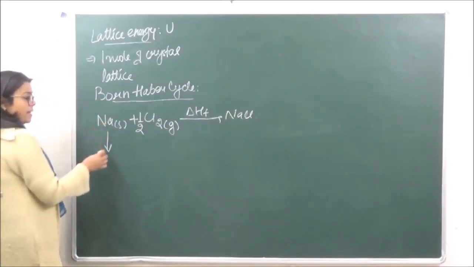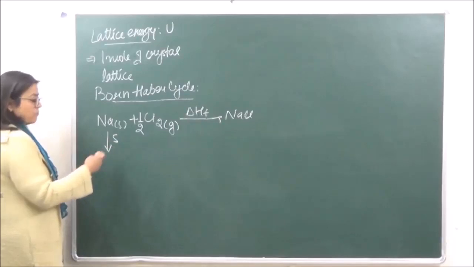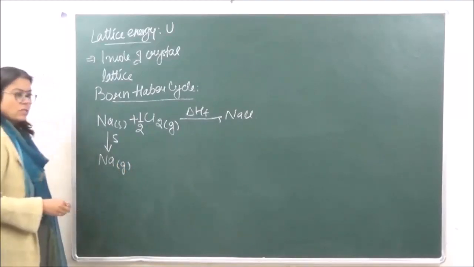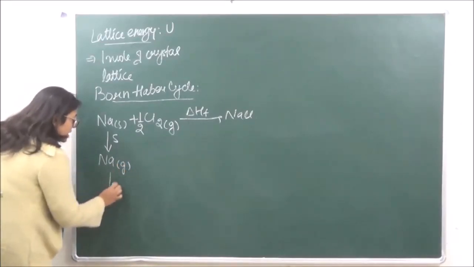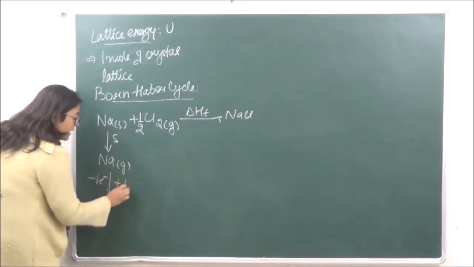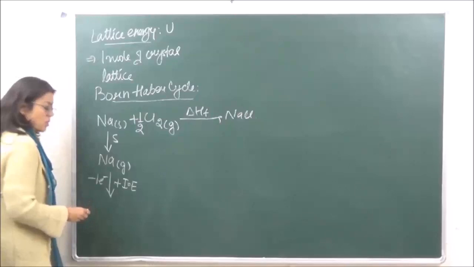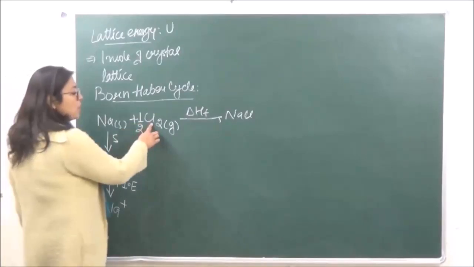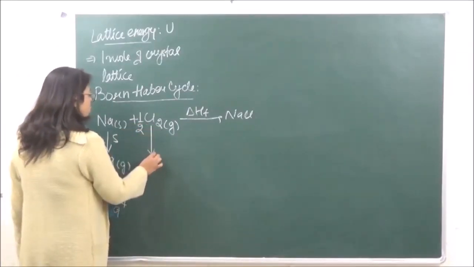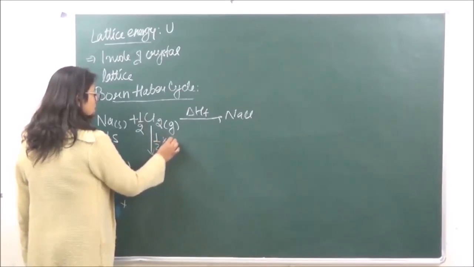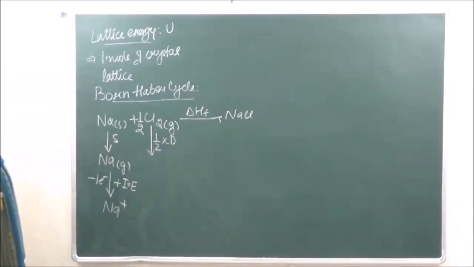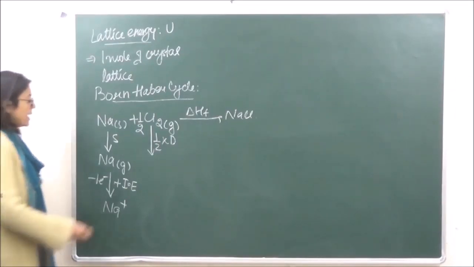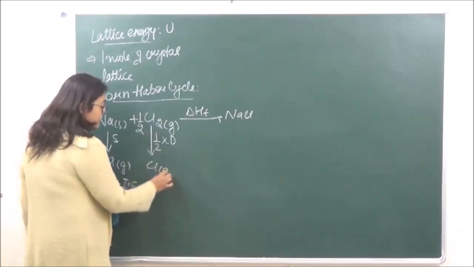In the first step, Na will take in heat in the form of sublimation energy, and it will get converted into Na gaseous. Okay? Then this Na gaseous is going to lose 1 electron, and for that we need ionization energy to convert it into Na positive. Okay? Similarly here, we have to calculate in atomic form. So this is going to dissociate into its respective atoms by half of dissociation energy,